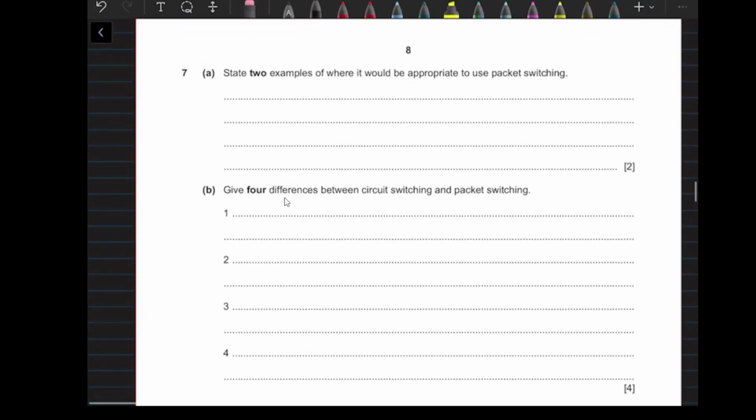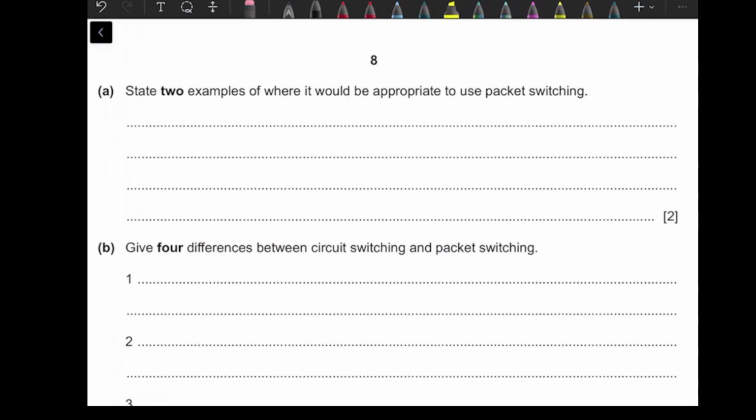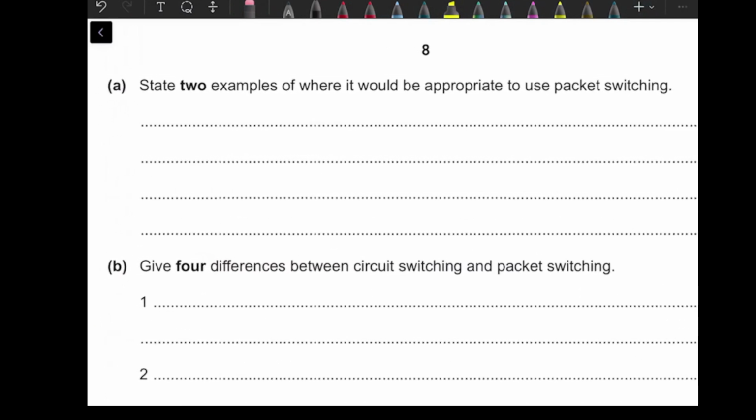State 2 examples of where it would be appropriate to use packet switching. It's very simple. In packet switching, all the data packets follow different paths. So the packets are traveling on different routes, and then they reach the destination in different order, and then they have to rearrange themselves. So what we will write over here, examples where we can use packet switching is